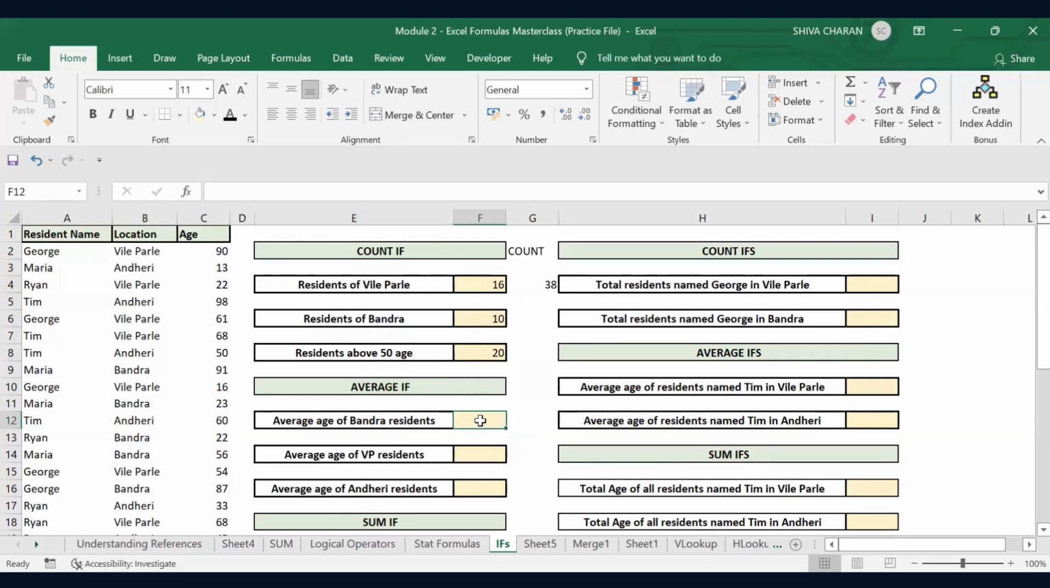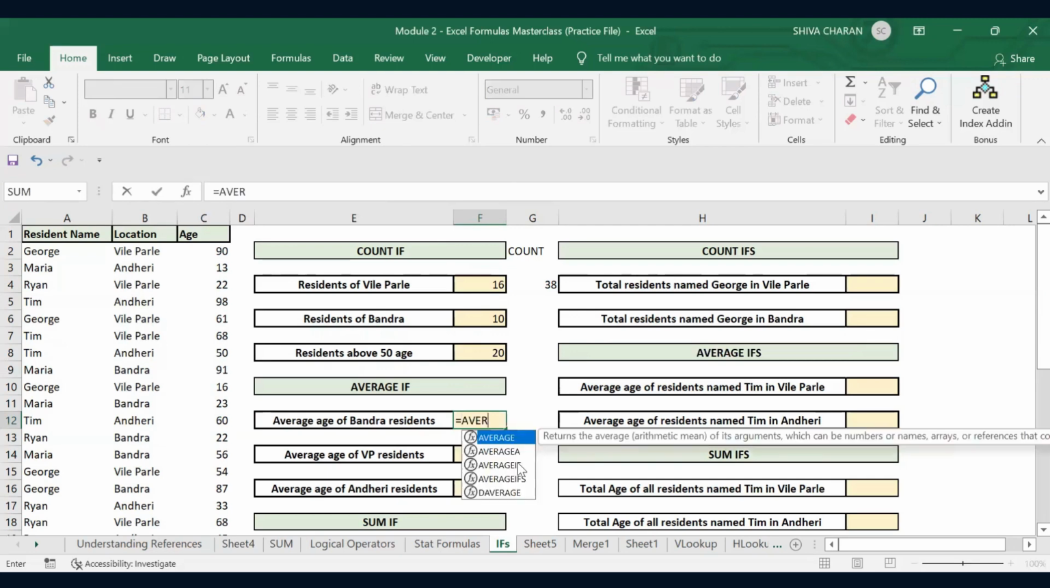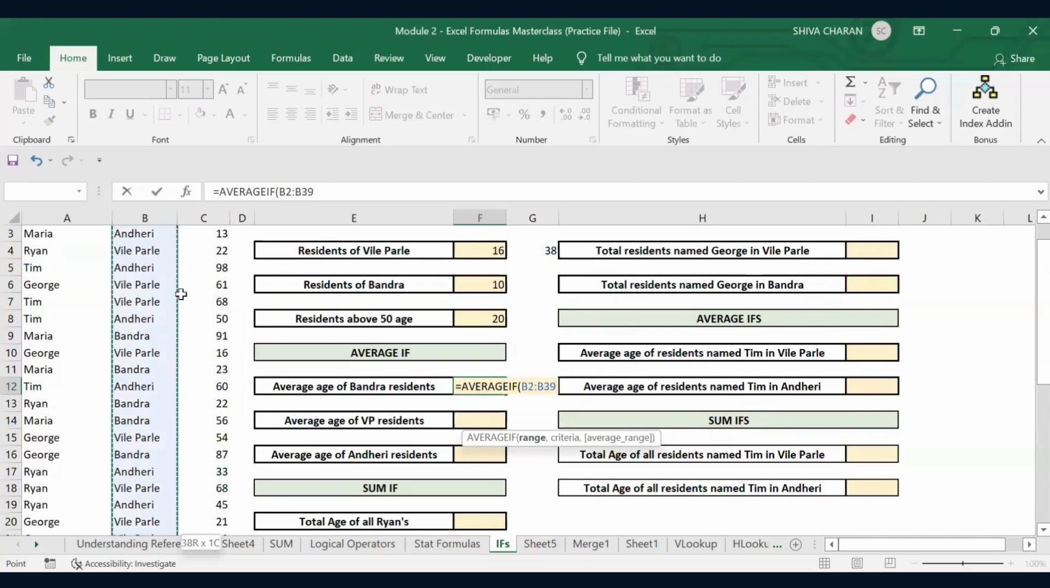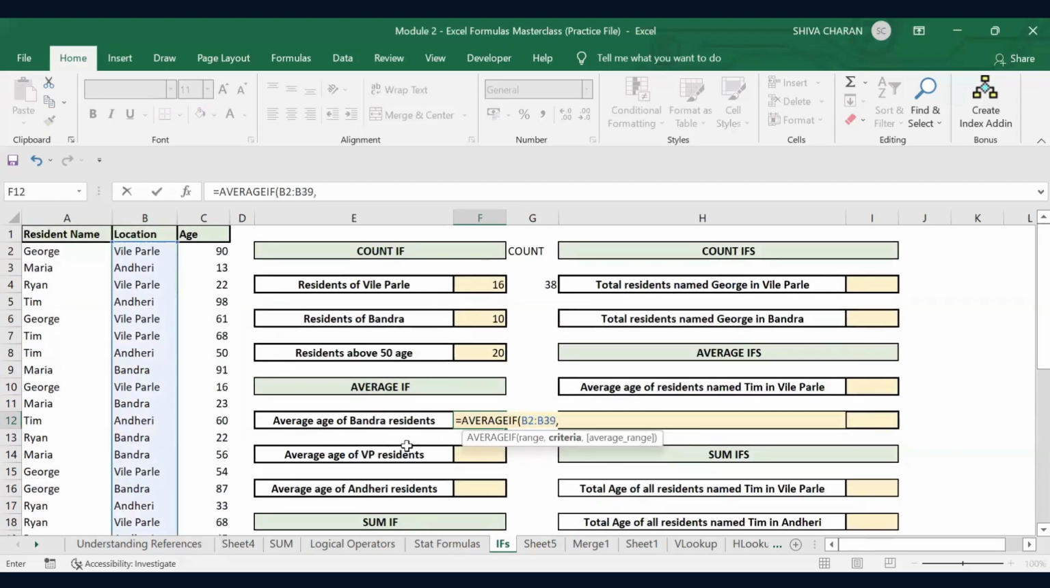Now let's move on to the AVERAGEIF. Here we need to calculate the average of the Bandra residents, right? Now let's do that. Equal to AVERAGEIF, right? Here the range will be, so the average age of Bandra residents, right? The range will be the location column. Select the entire column, Ctrl+Backspace to go up, and the criteria will be